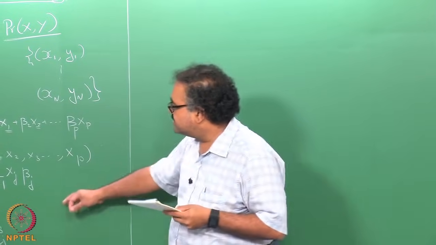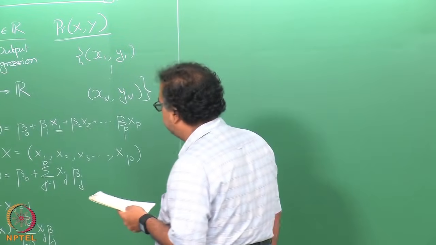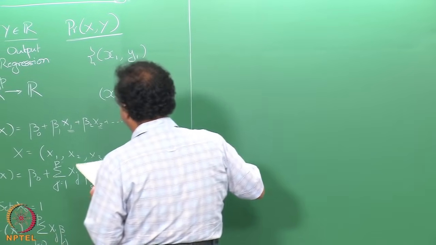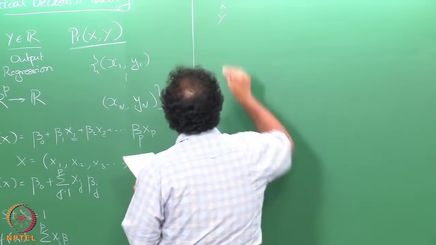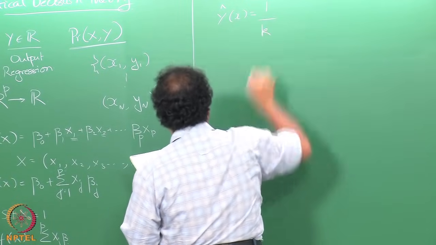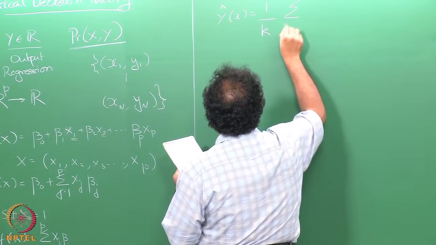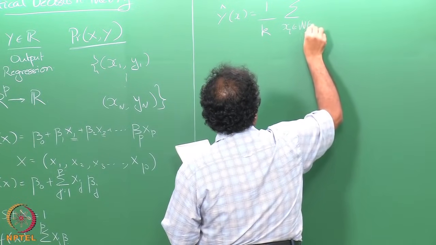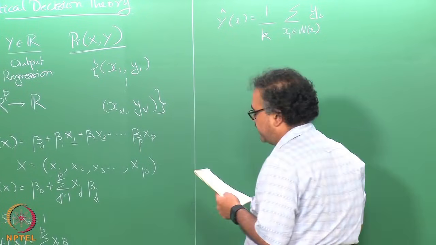Right. So, this is essentially what we would do when you are doing linear regression. Another example of doing this is a very popular classifier which we will call the nearest neighbor classifier, where my y hat of x is given by 1 by some number k, summing over all xi that belong to some neighborhood of x, and sum up all the yi's corresponding to that